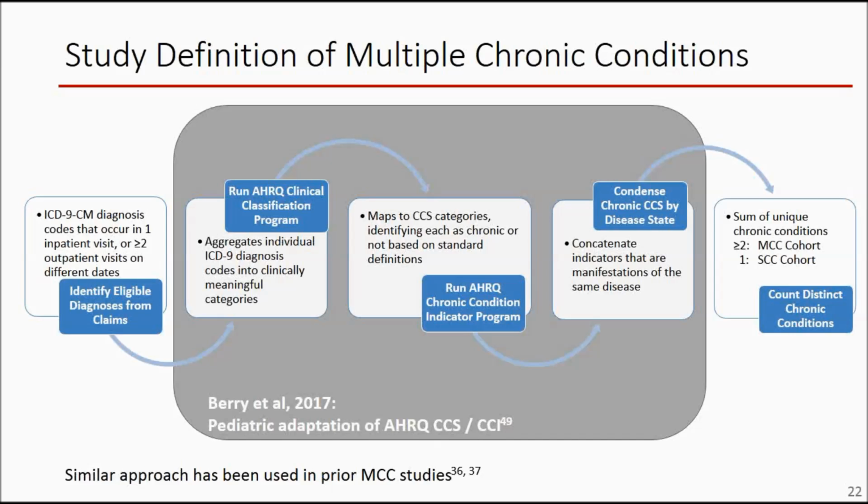As far as my study design, it's a retrospective cohort study of commercially insured children. The way that I set it up, they have 3 years of continuous enrollment. The first 2 years are their baseline cohort identification period where they're allowed to accrue their chronic illness diagnoses. And then outcomes, so utilization, quality measures, things like that, are measured in the 3rd year of continuous enrollment. This was structured around calendar time because that's how a lot of quality measures set it up, from the start of the year to the end of the year.